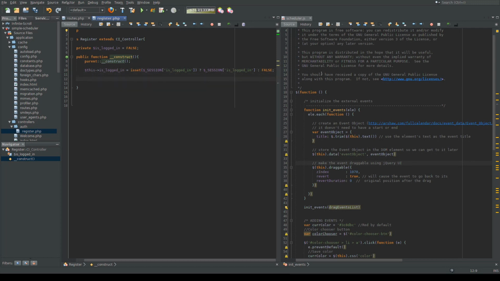And so the next thing we need to do is, depending on whether or not they are logged in, so anytime this is loaded, if you understand how the construction of objects works,